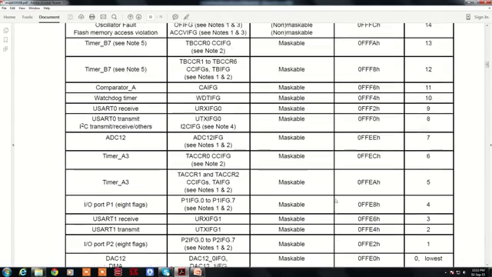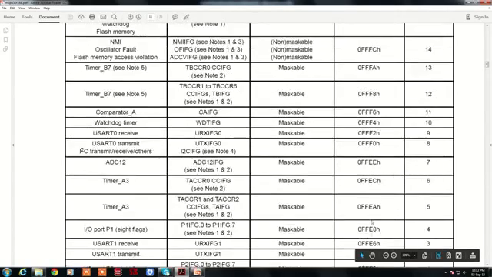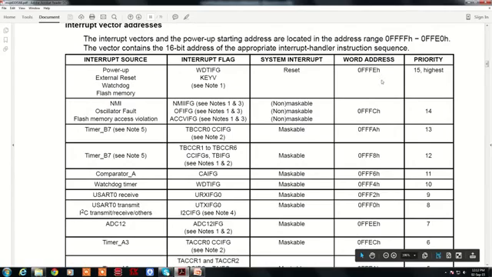If you see the interrupt vector table, which is starting from FFE0 to FFFFE, that is FFFFF, is the address of the interrupt vector table of MSP 430 controller. That is the last available address range of this 16-bit address space.